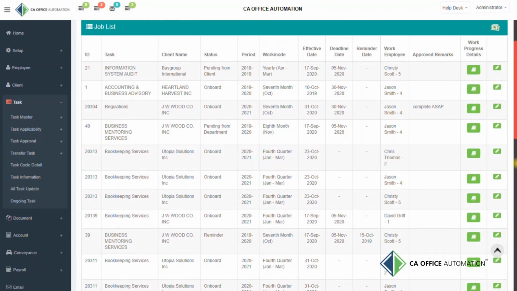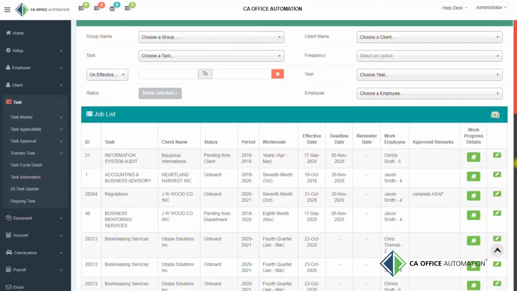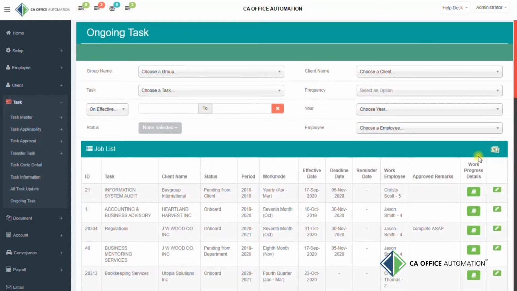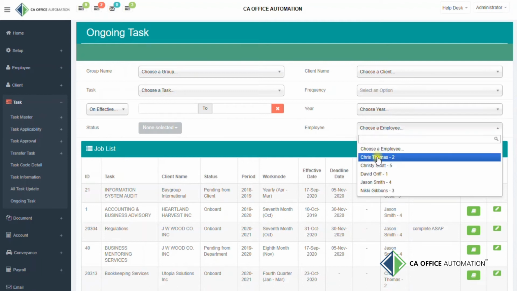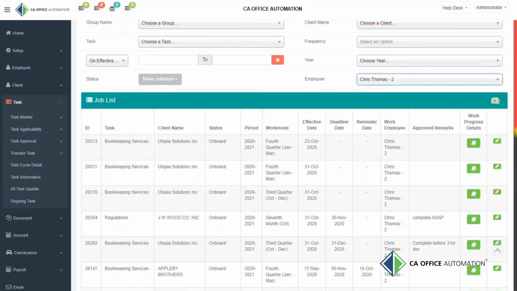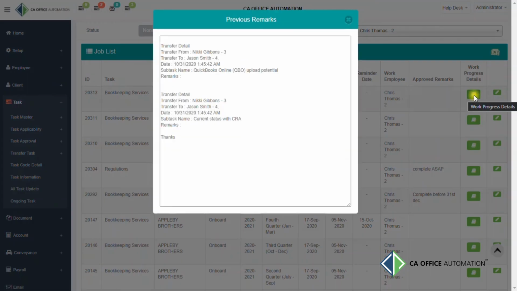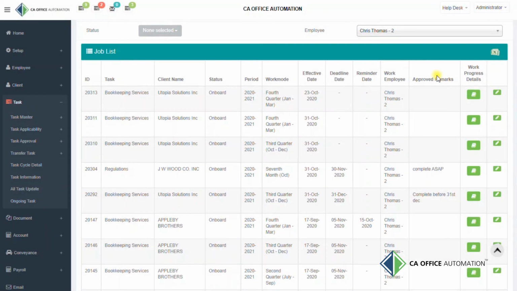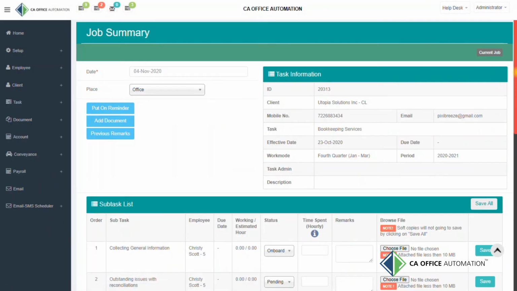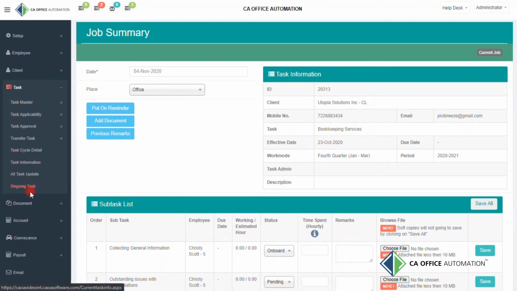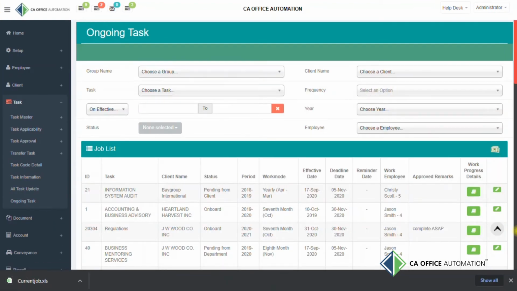Suppose employees X, Y and Z come under senior employee A, and A wants to check the ongoing work of X. Then A will select the employee filter, and to be more precise, A can select other filters also. According to that, the report will be displayed, and in the right corner a button is given to get the logs of the task, and by clicking on the edit button, you will be redirected to his job sheets, and through this, you can also update their work. You can also download this data in Excel format.